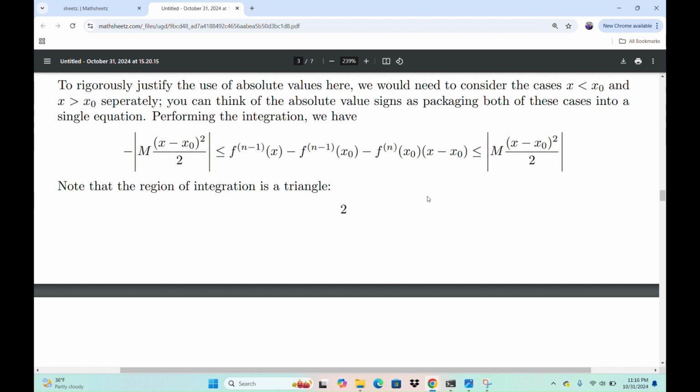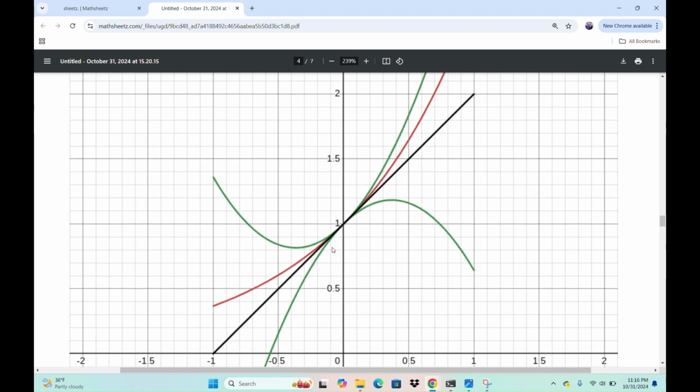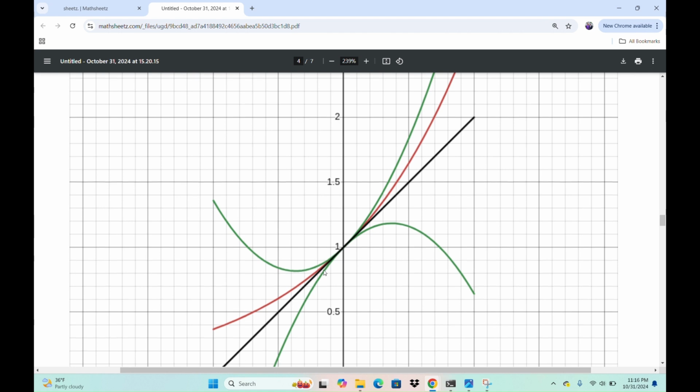You're integrating your best guess, which is a constant, and you integrate that best guess and use the information that you know to get a new guess that's a line. And the line is the cumulative area of a constant. And that line has slope exactly given by the slope of the derivative, which you know. You know that the only information that you know, the slope at this point x₀. Okay, so the slope of the function at this point is exactly the slope of my line that I'm approximating. And what is this additional green cone here?